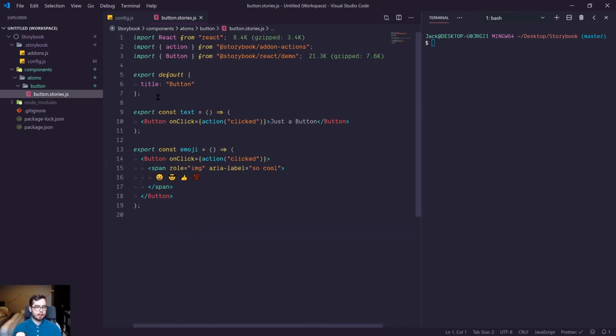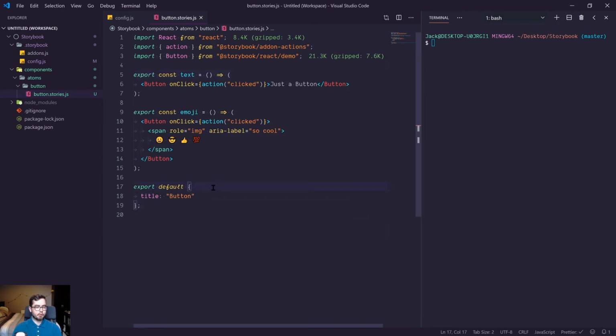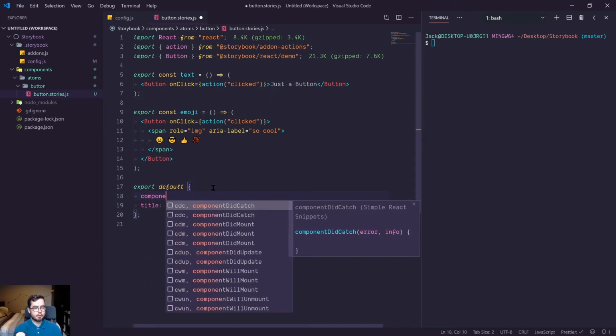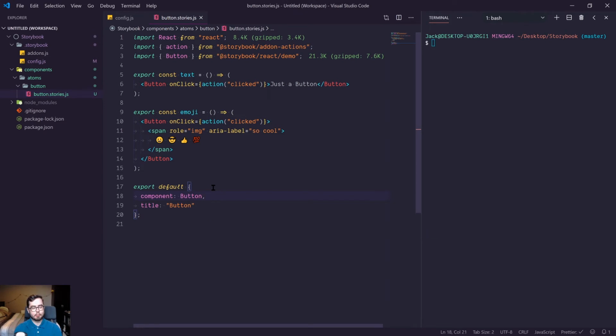Now we can go ahead and rename the button file to lowercase button.stories.js. And the first thing we're going to do is move this export default to the bottom of the page. And we're going to add a new key to the export, which will be component. And we're going to export button as a component just as a best practice to help document what component is being written about. So if we go ahead now and run npm run Storybook,